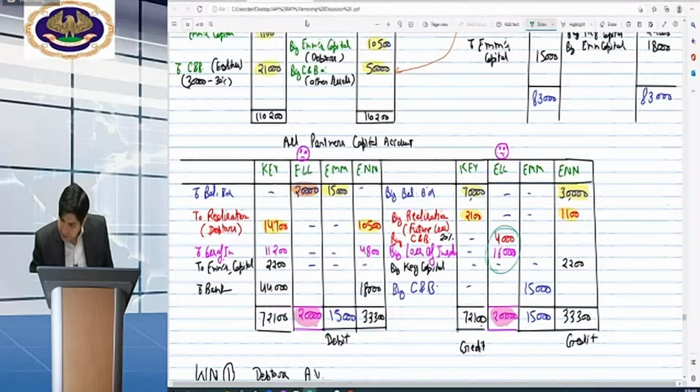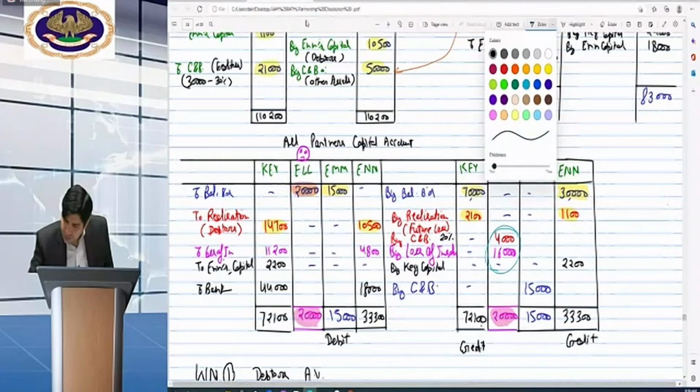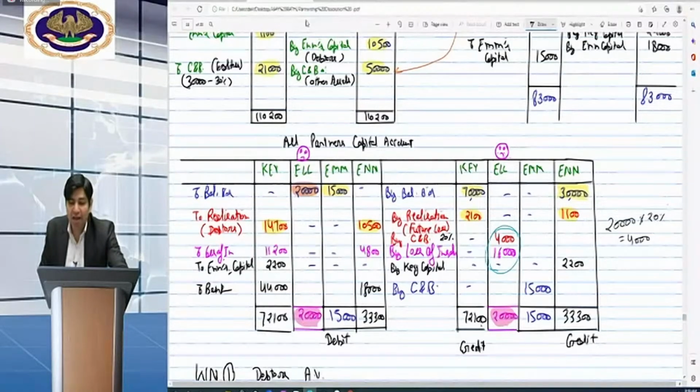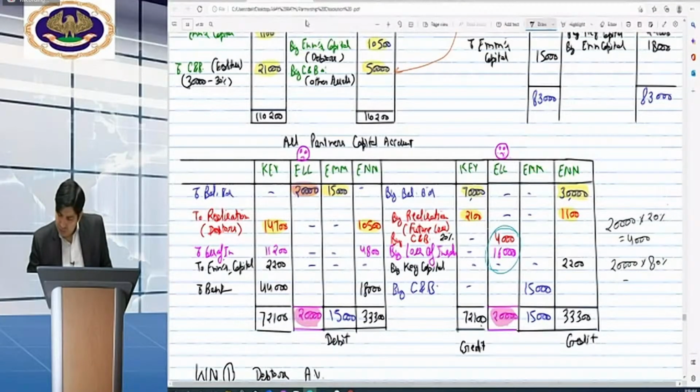But of that 20,000, 20% has been received. It means 4,000 has been received, that is cash and bank account debit to L account. It means 80% is the amount which has not been received. That is loss. So the main thing is that there is a loss of insolvency of rupees 16,000, which